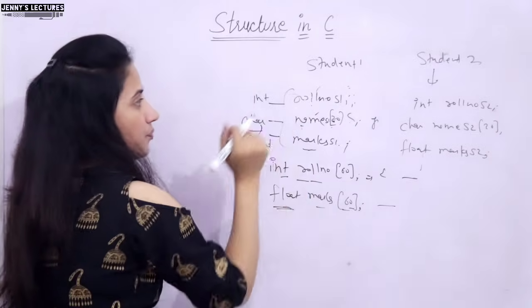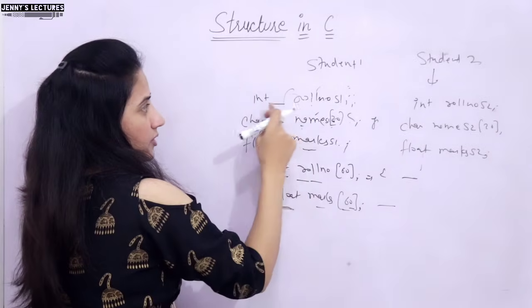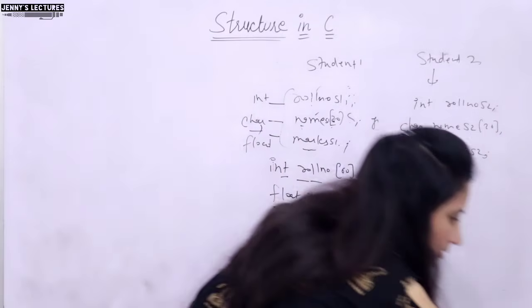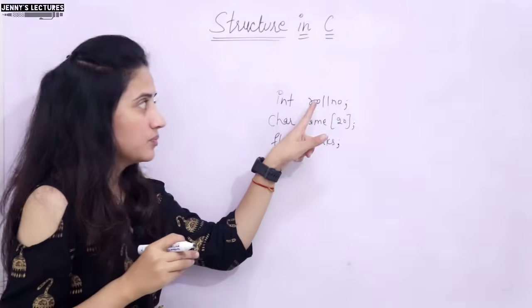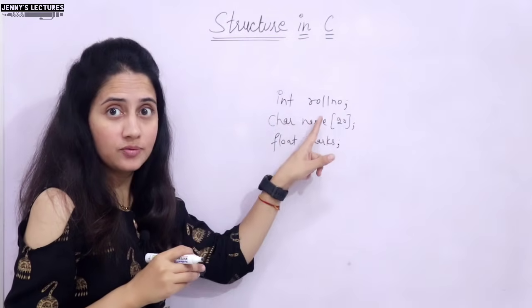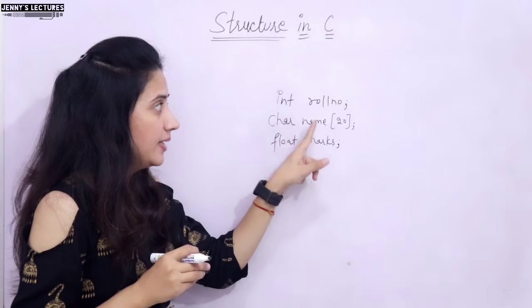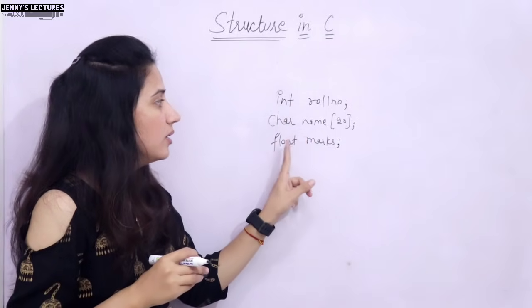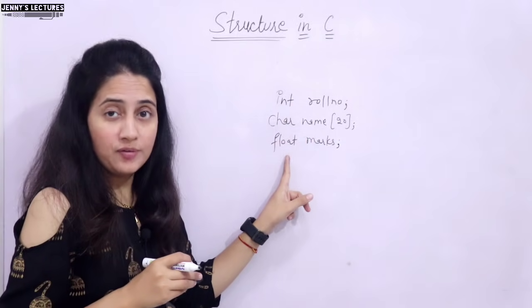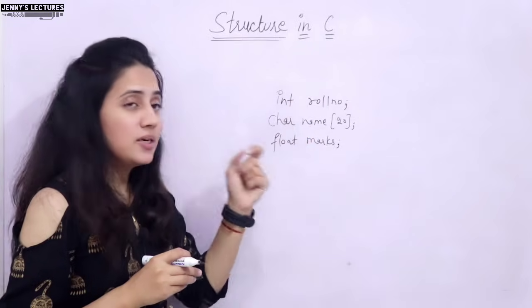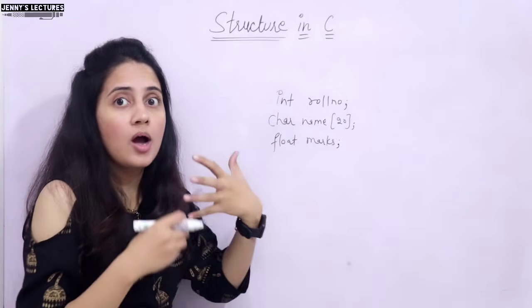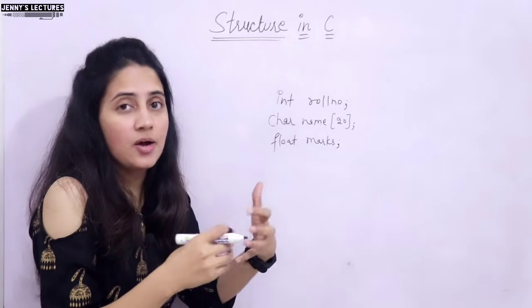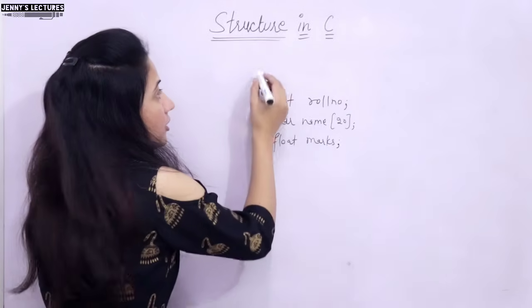See, now, if I want to store these, let me just rub this first. So, here we have this information about a student, different data types, all the variables. This is having int data type, this is string, and this is what? Float. So, can we store the different data types under a single name, under a single data type? Yes, that is structure. So, how will you write that? Means how do you declare a structure? See, you will write